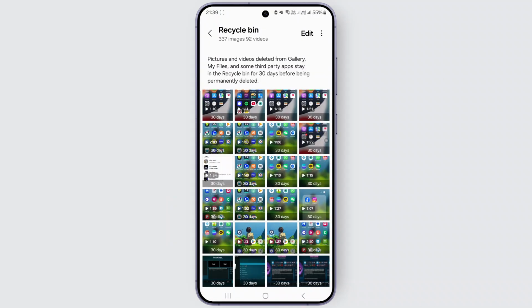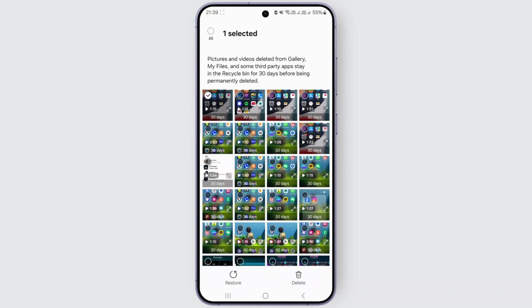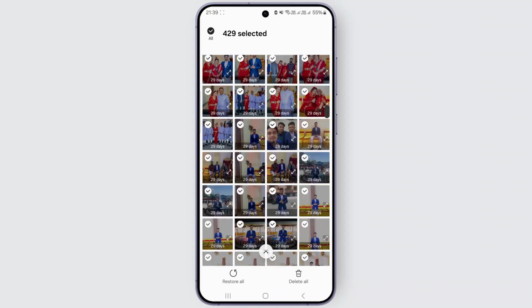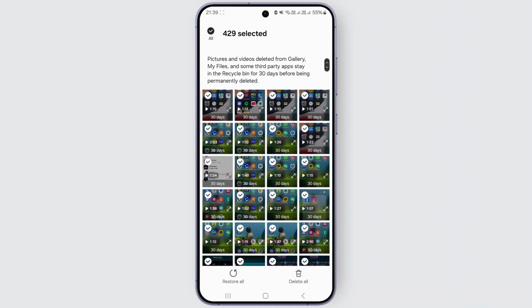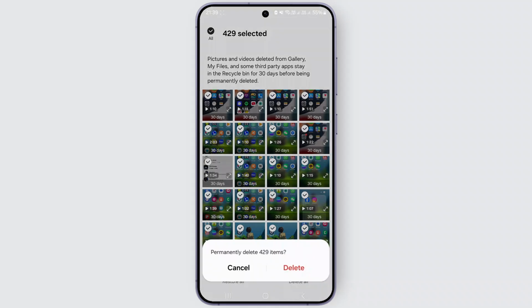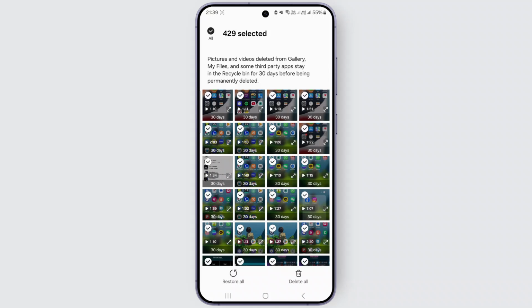So once you tap on it, instead of selecting this video just like this one by one or simply scrolling through, you can select this option called all at the top to delete all of your files or any other junk files at once. So once you do all of that, you can just click on delete button over here and just tap on delete. And you can also restore them by simply tapping on this restore if you haven't deleted it already from